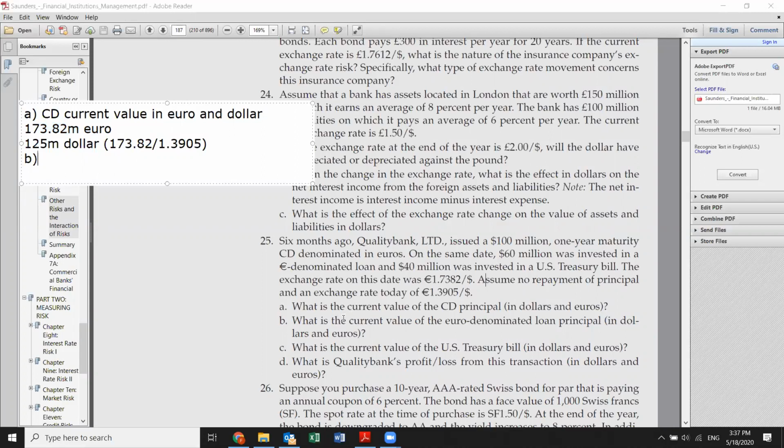And for the second one, what is the current value of the euro denominated loan principal in dollars and euros? Now we need to calculate the euro denominated loan. First we were counting how the exchange rate affected the liability side. Now we want to see how the exchange rate will affect the asset side. So the current value of the euro denominated loan in euro and dollar is equal to